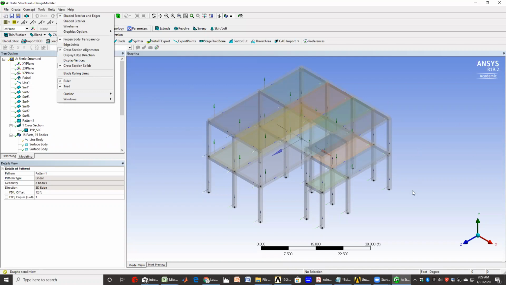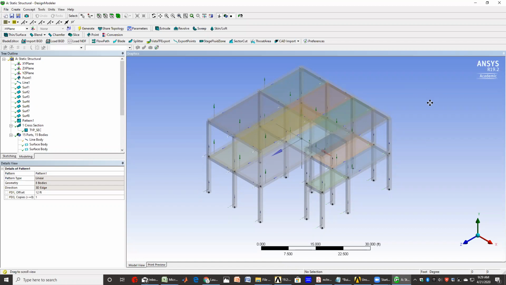So basically, this is our geometry based on design modeler that we have. The next step will be to go to mechanical and analyze this geometry and create a finite element mesh and analyze it for different loads as we would like. Before we do that, we can go back